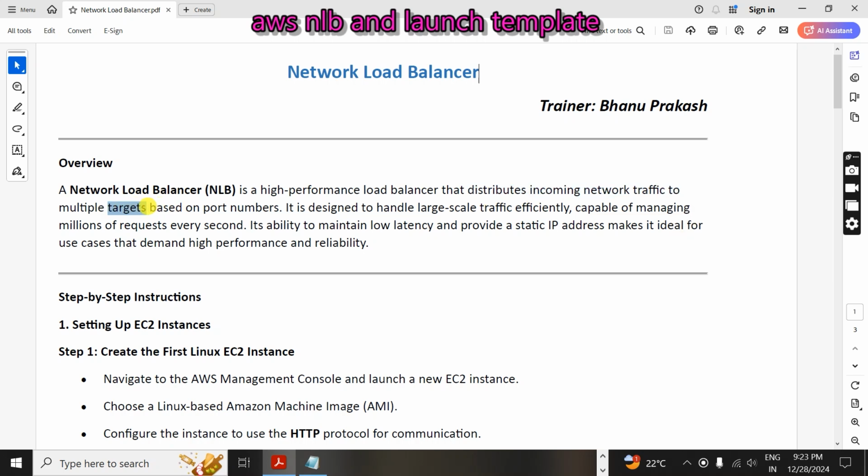Targets are nothing but the instances here, and it will forward the request based on the port numbers. It is designed to handle large-scale traffic efficiently, capable of managing millions of requests per second. The ability to maintain very low latency, and to provide a static IP address,